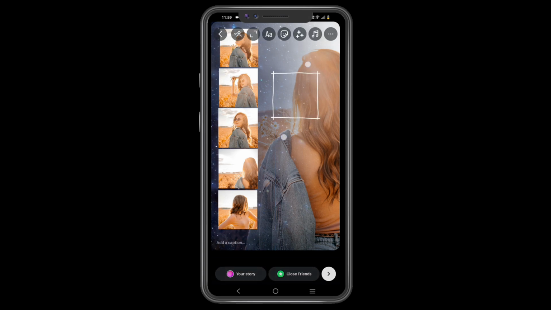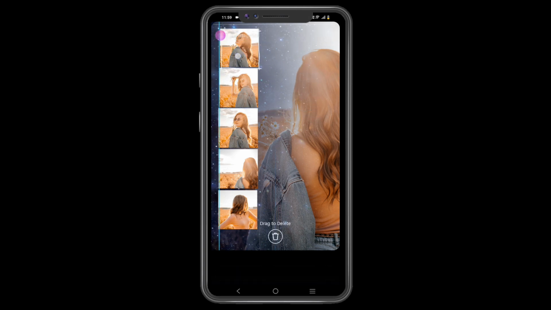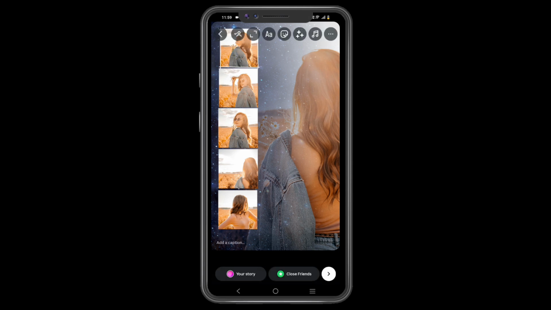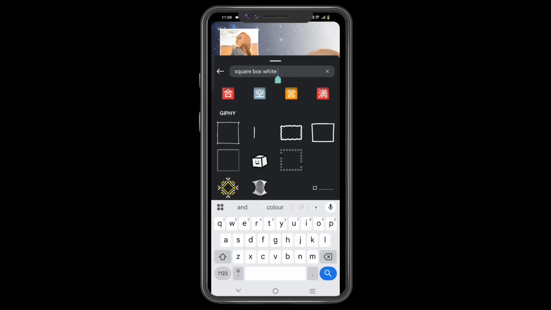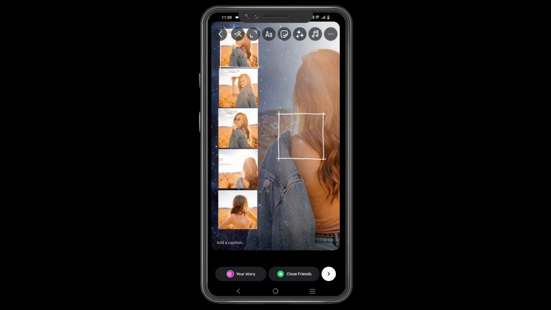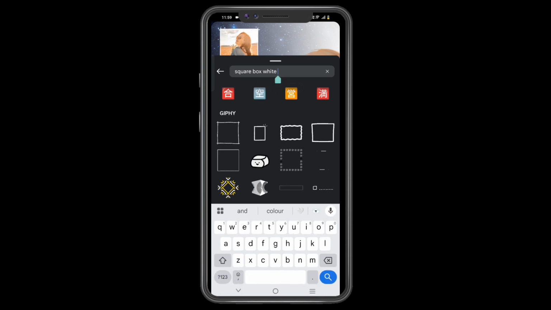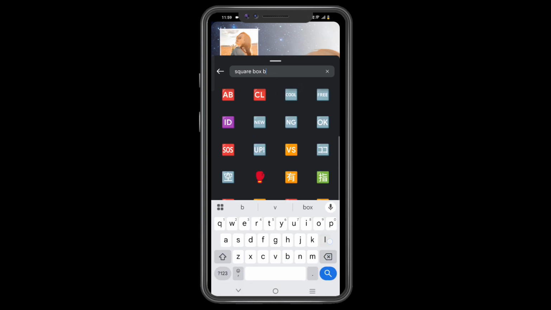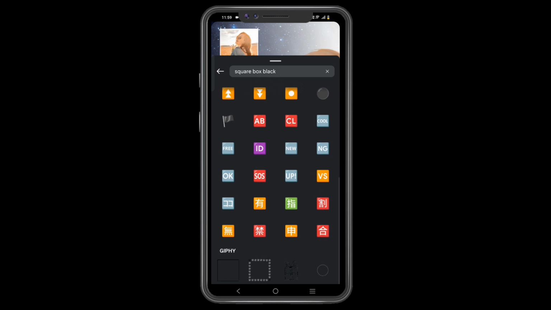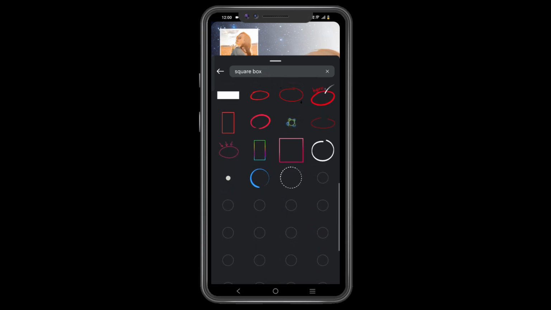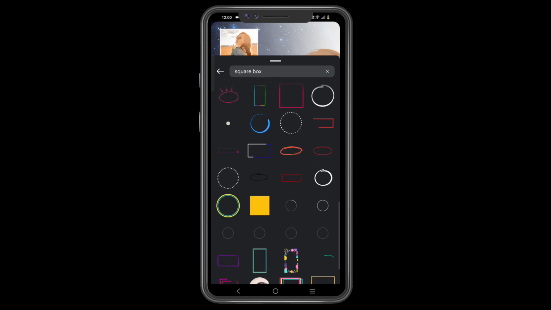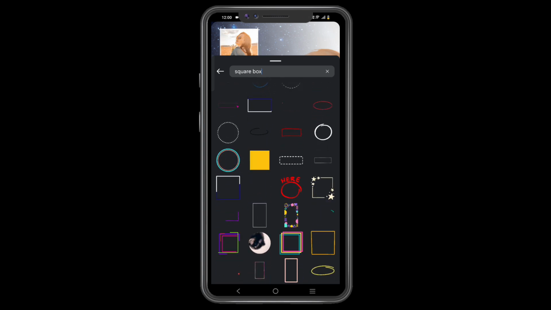In this story, you can see that I used a simple square box to add a classy look. You do not need to place it in a perfect spot, just add something which looks attractive. You can also use apps like Canva, Unfold or Storyart to create a beautiful layout. But I am using just the simple Instagram stickers which are already given by Instagram. Whatever you like, you can select according to your background and organize it.